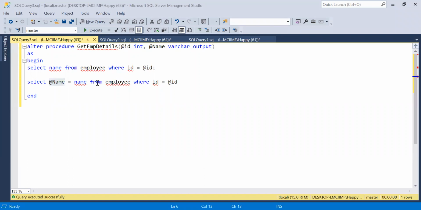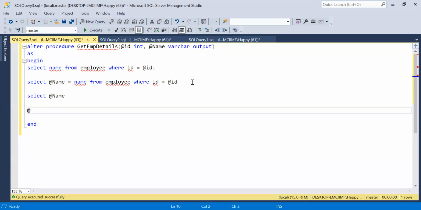But I have never shown that value of the output parameter anywhere in my program. So for that, I can do select @name, which is actually the name of the employee, and